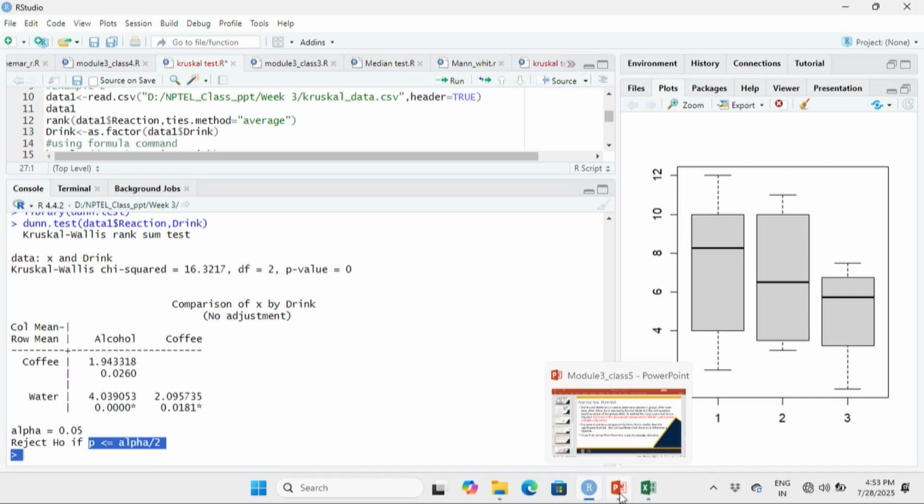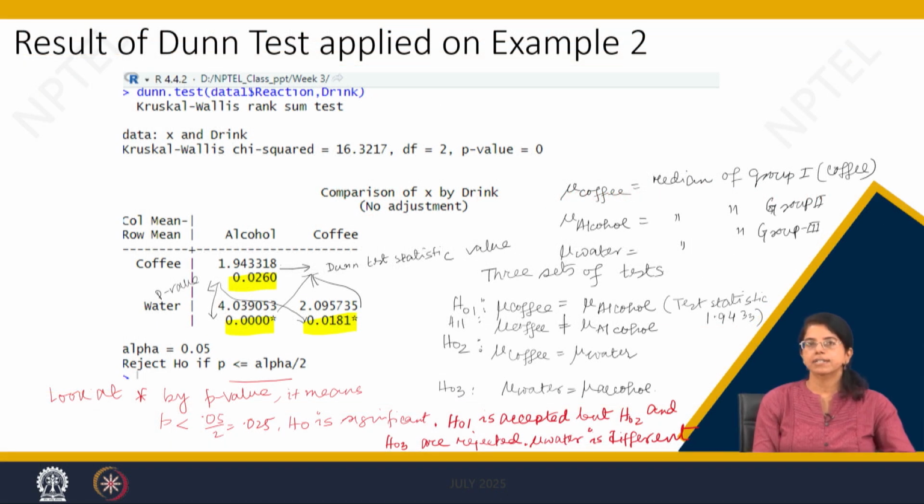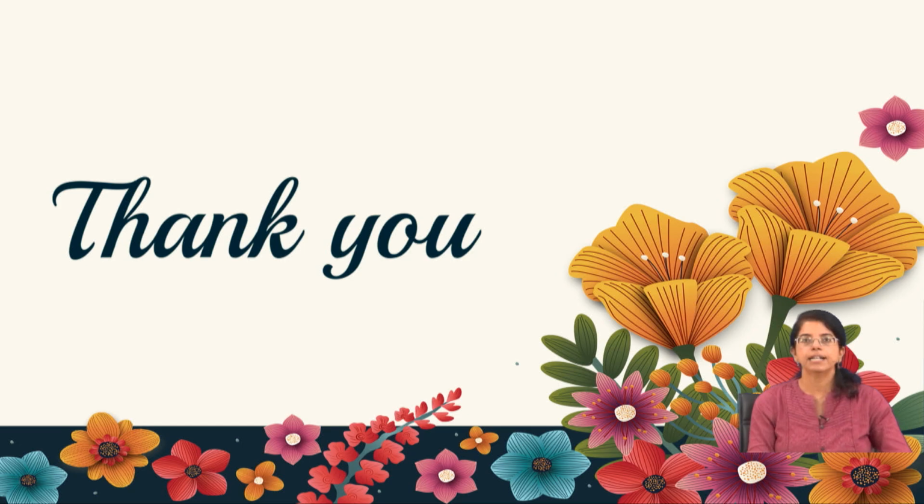Let us get back to the PPT presentation. Whatever I just discussed, I tried to write out on this screenshot of the Dunn test. Just give it a look for better understanding, and this will be clearer to you. That is the Kruskal-Wallis test, and as I told you, the Kruskal-Wallis test is the one-way non-parametric ANOVA. So, mostly the Kruskal-Wallis test is used when you have group type data. Just now we have seen that example. Thank you.